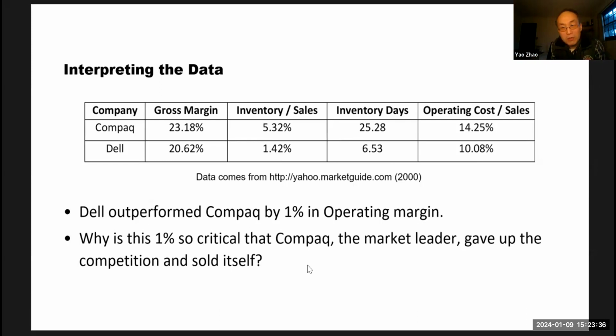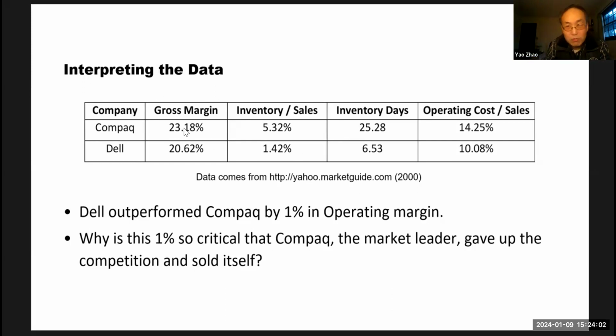Okay, just for the interest of time, I can tell you, I was interested in this case starting from the time Compaq sold itself. I was thinking about this for 5 years. So I was telling students all these numbers and so on for 5 years until one day suddenly I realized what was going on. Now, to understand why this 1% is so critical,